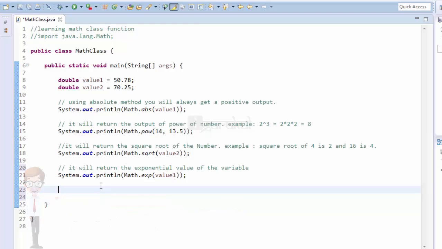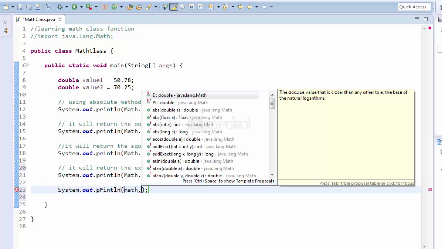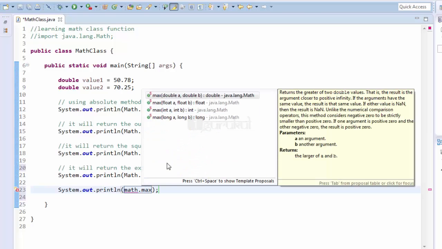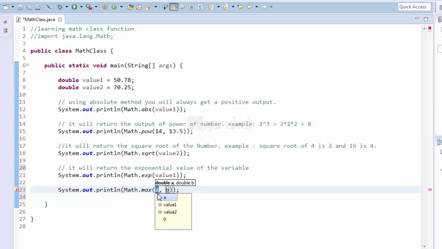Similarly, you can find out the maximum or minimum number. So let's try it out. What you need to do is write math.max. As you can see, as I have written max, it has given me the option to select any of these. So I can either select the max method for the double data type, float, int or long. So let's go with the double. Let's pass our value 1 and value 2.